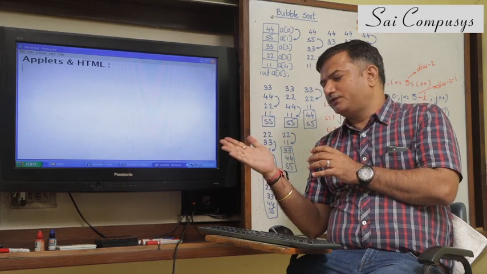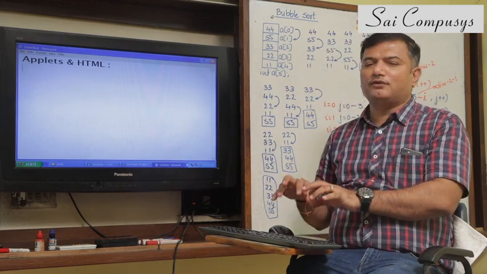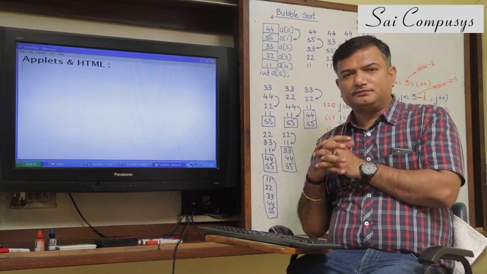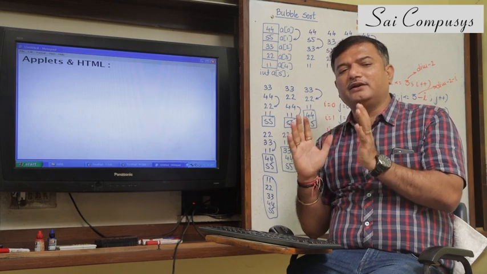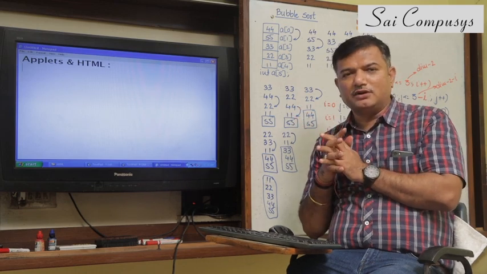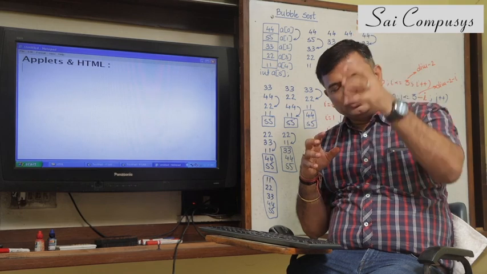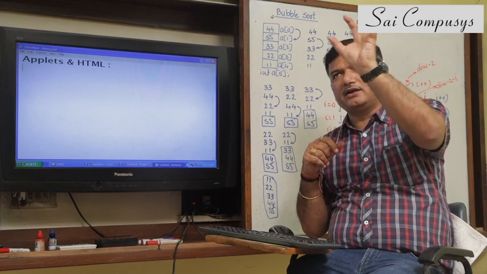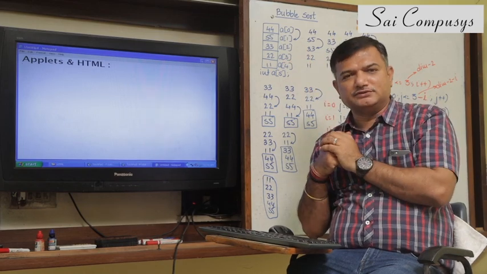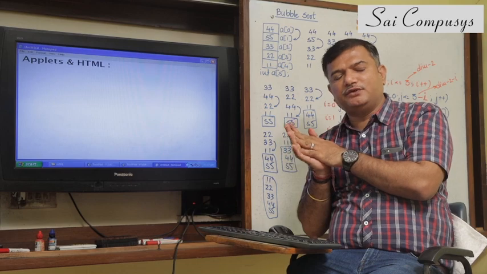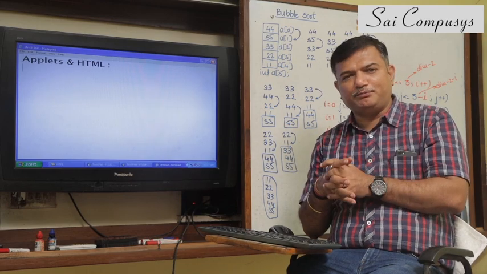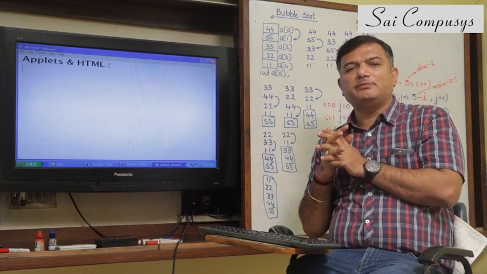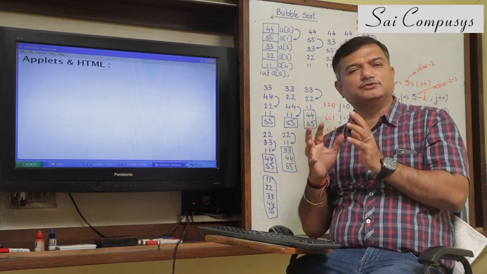When I type www.facebook.com, the actual web page is not transferred onto your computer. The tag related file is transferred onto the computer. The web browser goes through the tags, it reads every tag, and depending upon the tag, it places every content onto the web page. So what is being transferred from a web server to your computer is not the actual web page, but the web page in the form of tags. And HTML is nothing but a tag-based language where everything is specified in terms of tags.